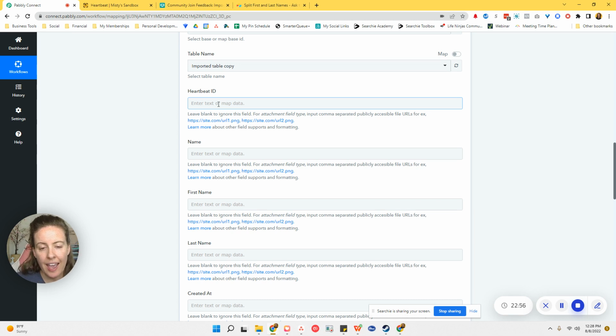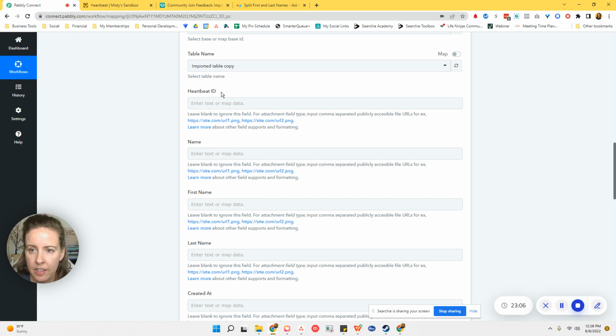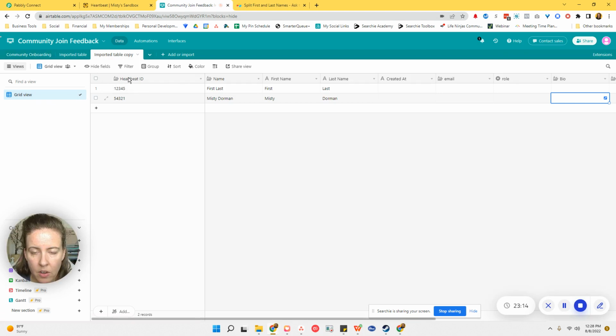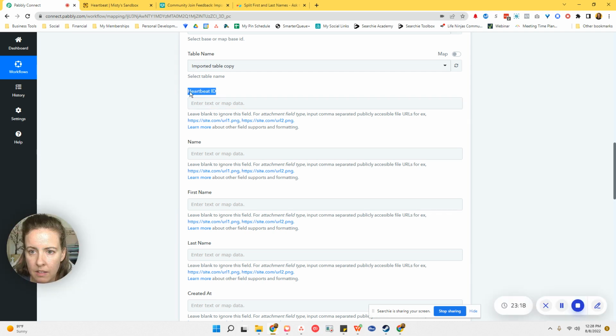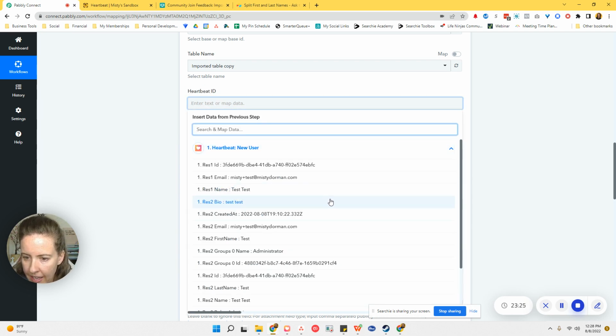So we're saying, as a new user is added to Heartbeat, we want to add their Heartbeat data into which field in Airtable, right? This is the Airtable field name, that is the header right here, the column name, Heartbeat ID. That is what this is. So in the Airtable Heartbeat ID, what data comes in here? What goes there? Okay, and this one is a little bit weird to find, but I did discover what